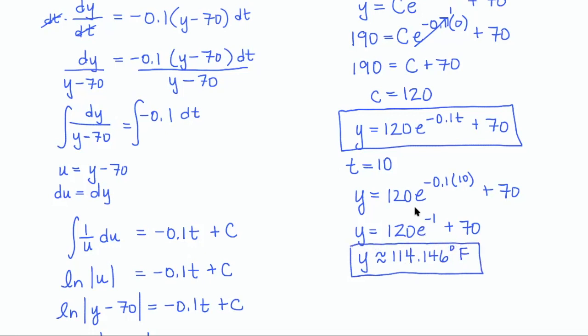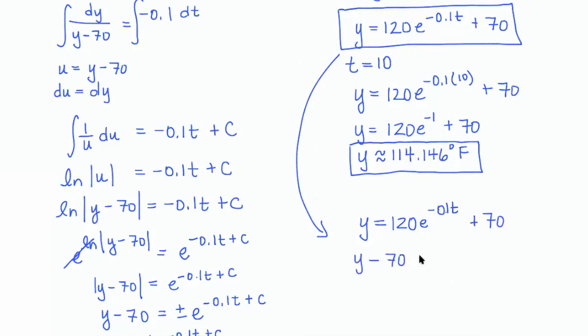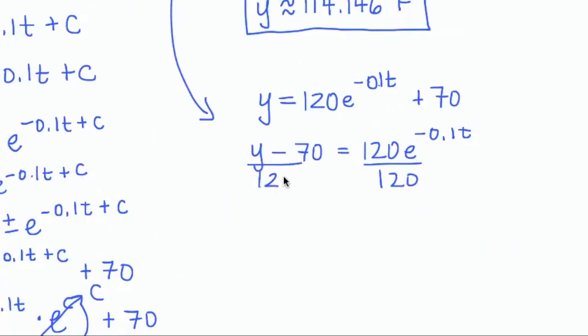And the last thing that we're asked about is how hot is the coffee at any time t? So at any time t, you can obviously just substitute whatever t value you want into this equation, and it will give you that information. Or you can opt to solve this equation for t, but again, you have to remember some of your algebra skills. You would begin solving for t by moving the 70 back over to the left. You would then want to divide off that constant of 120 on both sides. And once you have the exponential expression isolated,